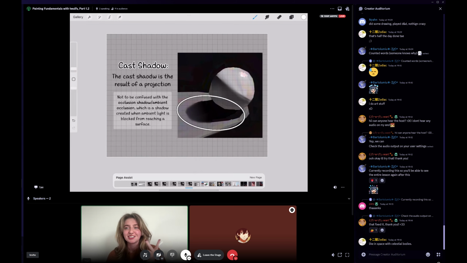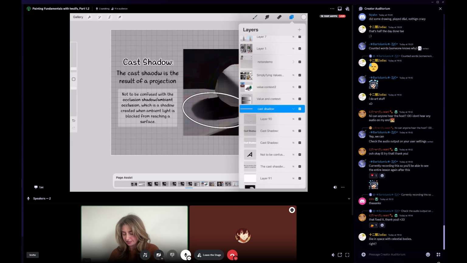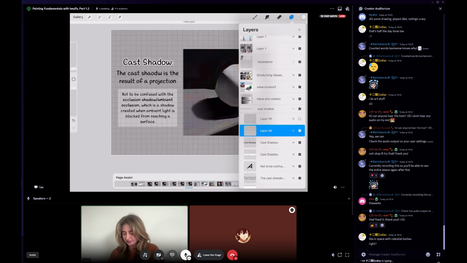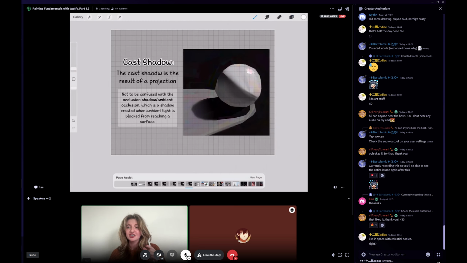And then another one that has like two little parts that people confuse. The cast shadow is the result of like a projection. Sorry, I didn't open all my layers. I forgot that when you do this, it doesn't let you touch things if you're not on a certain layer. But when we look at the cast shadow, you can tell,